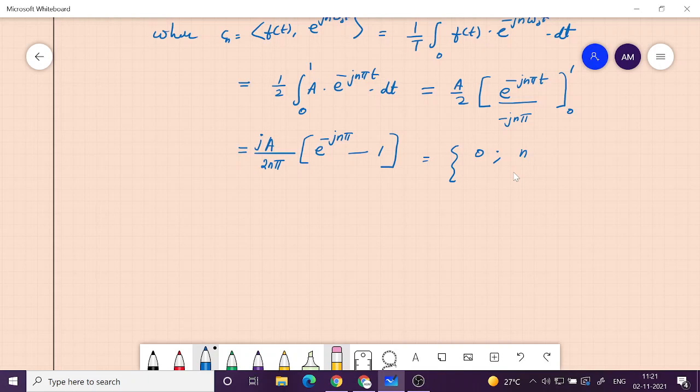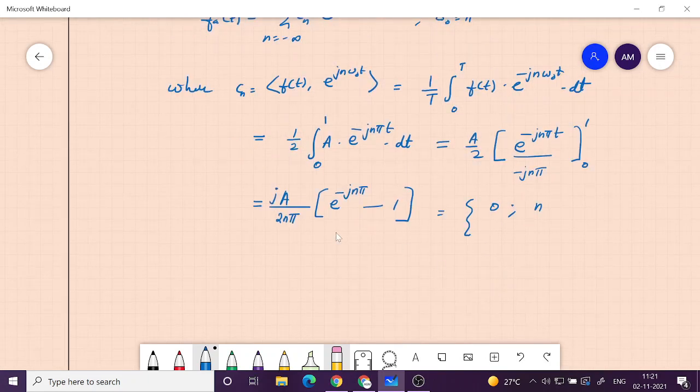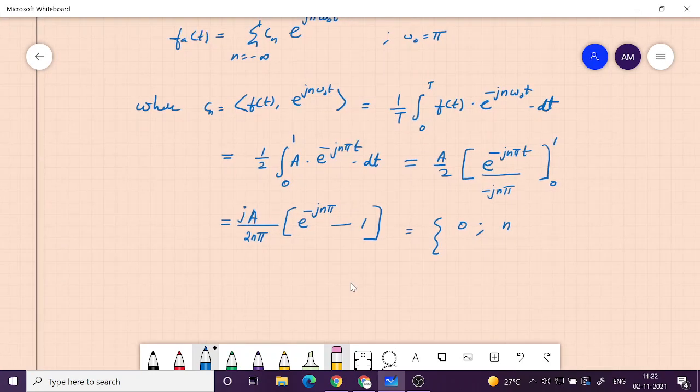Okay, there is one problem. That problem is, when n is equal to 0, what will happen is there is a division by 0. Numerator is 0, denominator is 0. So this formula is valid only for n not equal to 0. So I have to say that first, where n not equal to 0. So n equal to 0 case we have not found out, which we need to find out.